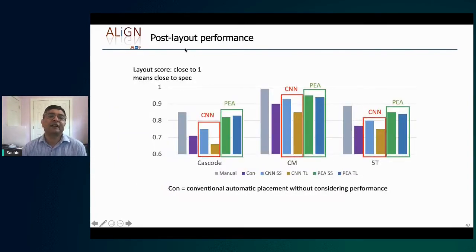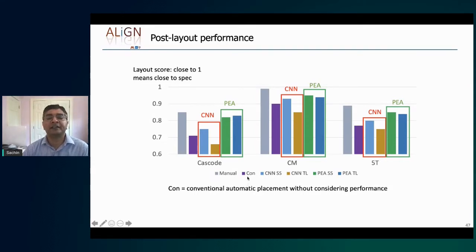To give you an idea of how this performs, these are 3 different types of OTAs. And if you look at the manual design, it is always the best performance. So we will not typically do better than manual design. In some cases, we actually do, but in this case, we don't. And that's okay, because if you can come very close to manual design and at the same time you can do it with a much faster turnaround time, there's still value to that.